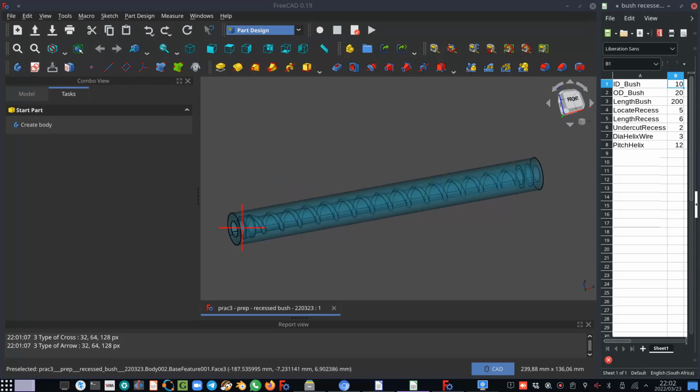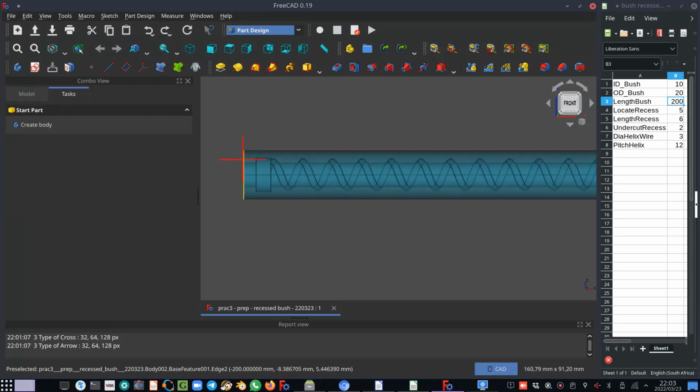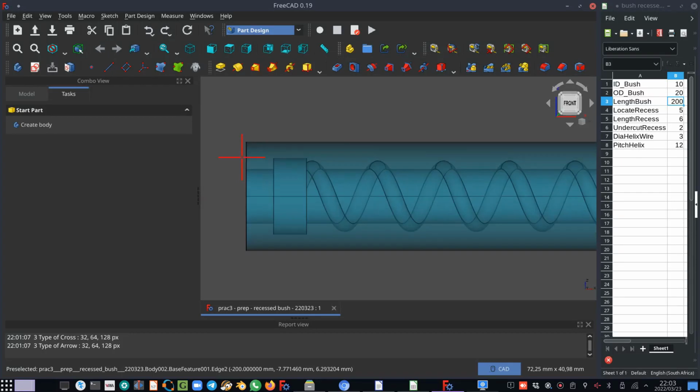Okay, so the ID of the bush, that's obviously this diameter here, that's 10 millimeter. The OD is 20 millimeter. The length of the bush is 200 millimeter. The recess location is the distance from the edge here to where the recess starts. The length of the recess is obviously that length over there. Then the undercut of the recess, that's the distance